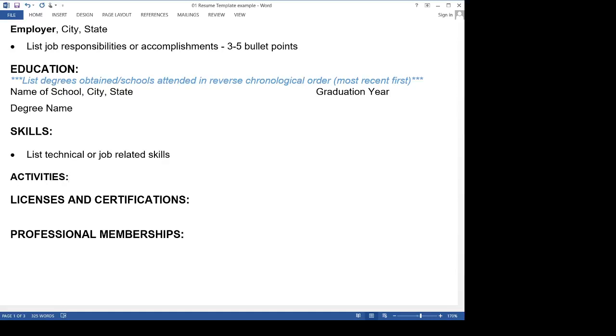So activities would be things away from the workforce. This could be volunteer opportunities, things that you do at church or through school. And we really just want to list them if they are, again, relevant to the job you're applying for. If the job description includes something about event planning or coordinating events for large numbers of people,